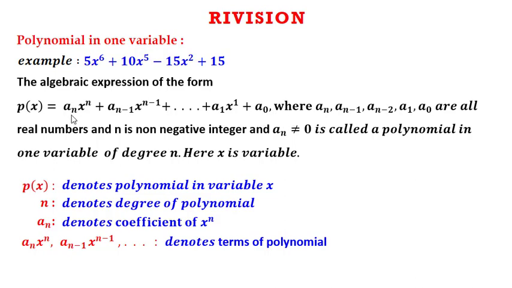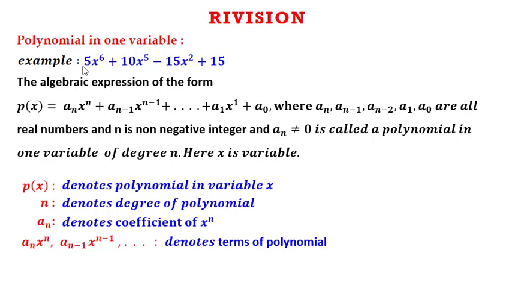Second thing is that all the coefficients of x^(n-1) etc. should be real numbers. And thirdly, this is a polynomial of degree n when a_n is not equal to 0. All the rest of the coefficients can be 0, but for a polynomial of degree n the coefficient of x^n should be a non-zero number. Right. If you compare this example with this definition, the value of n is 6,